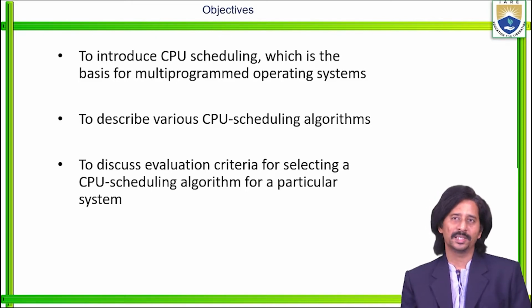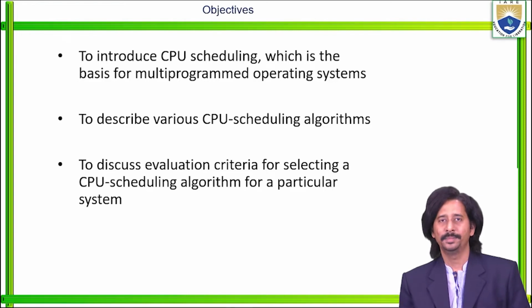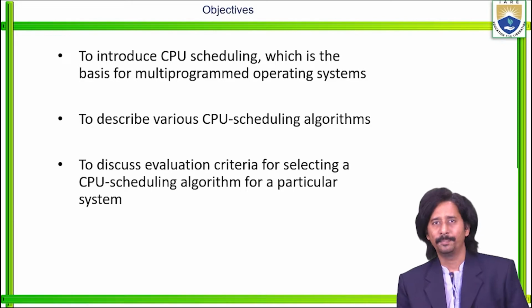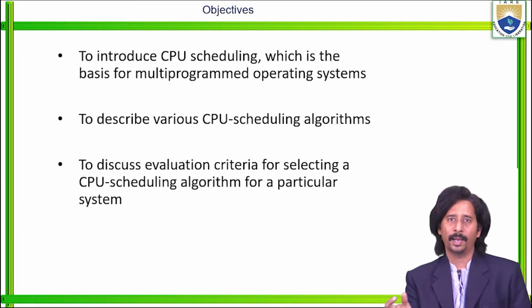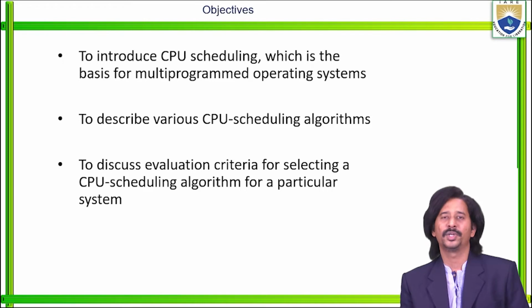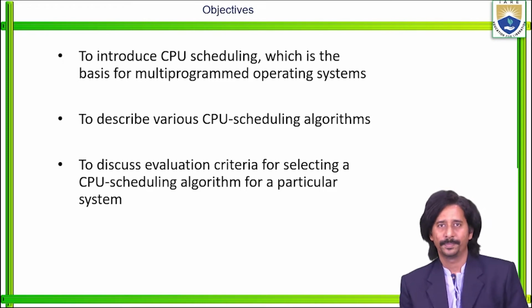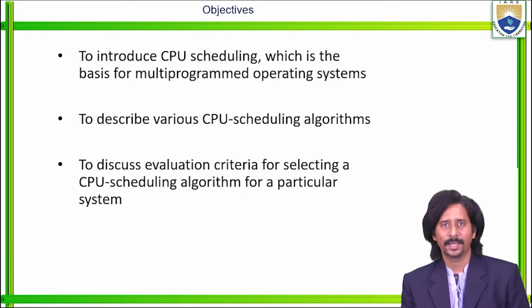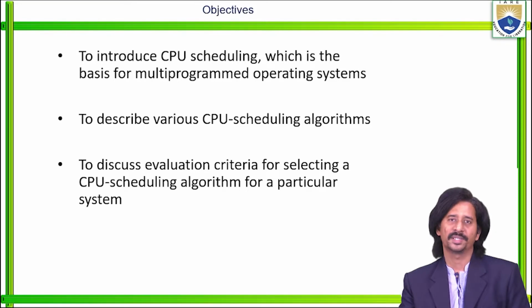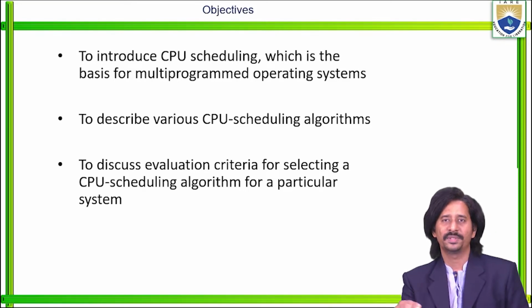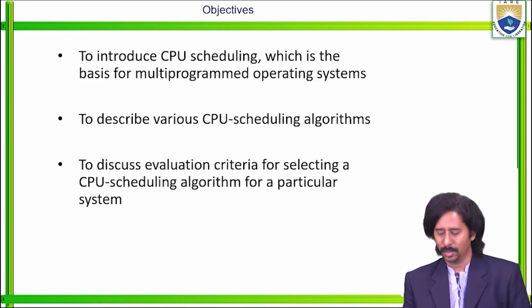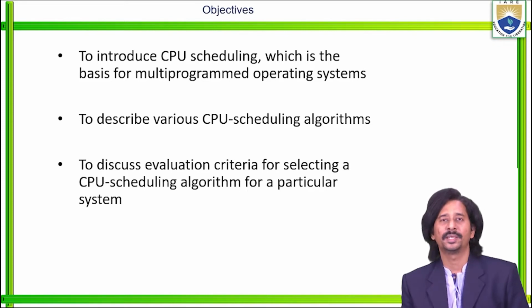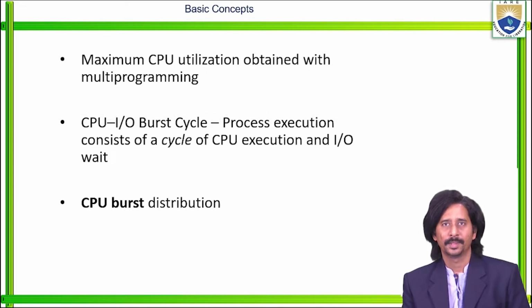We also need to discuss the evaluation criteria for selecting a particular CPU scheduling algorithm for a particular system, because we have a vast number of processor scheduling algorithms, right? But how can we choose, for a particular application or a particular process, which algorithm is suited, right? So these are the basic objectives related to CPU scheduling. Then